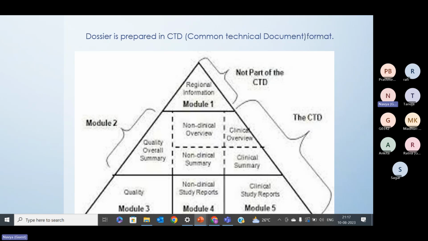That is the information which is specific to the region. For example, for Portugal, I will require some kind of declaration. For Poland, I will require some kind of letter of authorization to be submitted. So all these things which are specific to a region come under module 1. And module 1 is not harmonized, and that is why it is said not to be a part of the CTD, because it is not the same for everyone. But other modules, like module 2, 3, 4, and 5, are harmonized. They should be harmonized. So module 2, we have